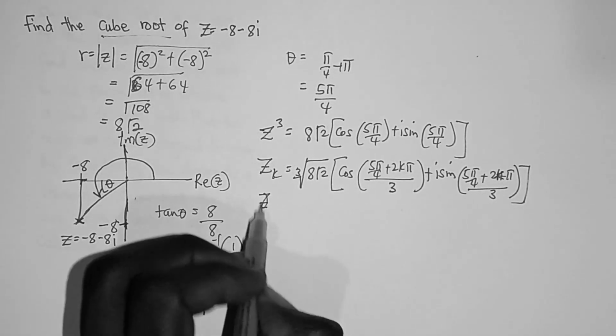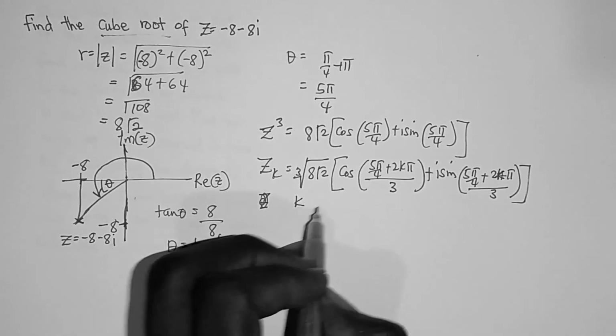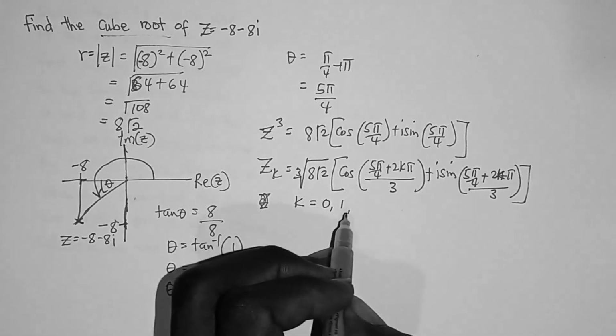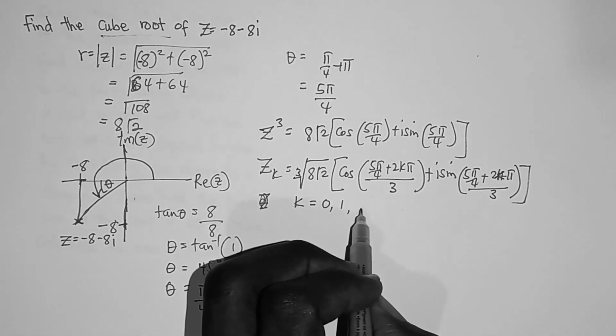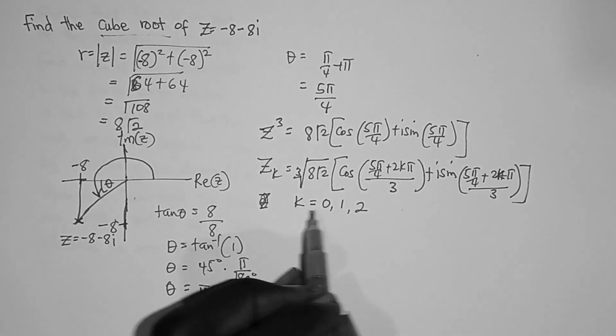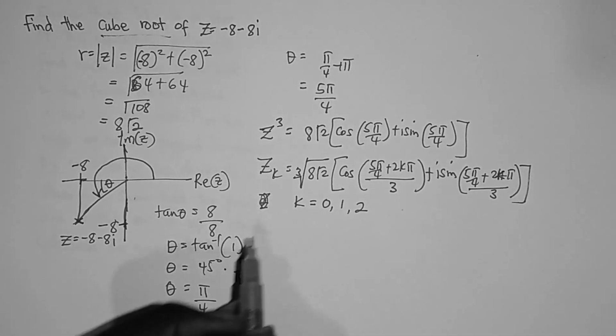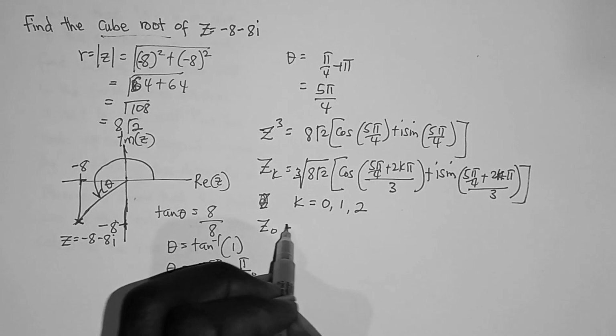So, but we know that in this case, the values of k will run from k equals 0, 1, and n minus 1, which is 3 minus 1. 3 minus 1 is 2. So we are going to find z of 0, z of 1, and z of 2. So let's find z of 0. This is equal to